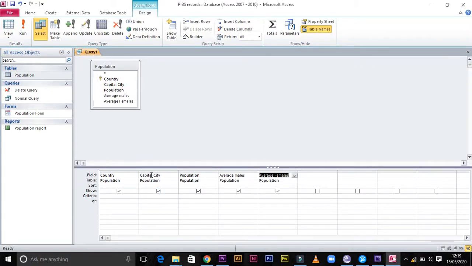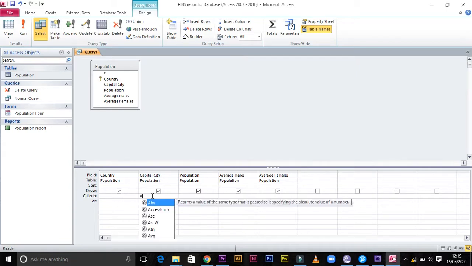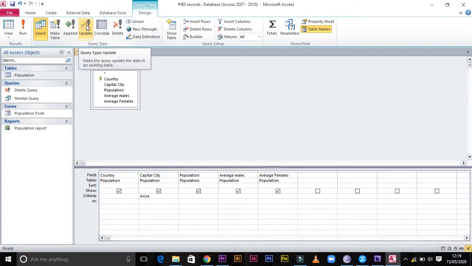You navigate to the city column, then first you write what is in the table, and in the table you have Accra. We want to change Accra to maybe Nairobi. So just write Accra, then click update. After updating, you need to write what you want to insert after you remove Accra.